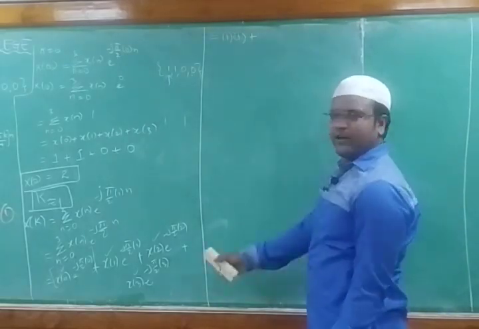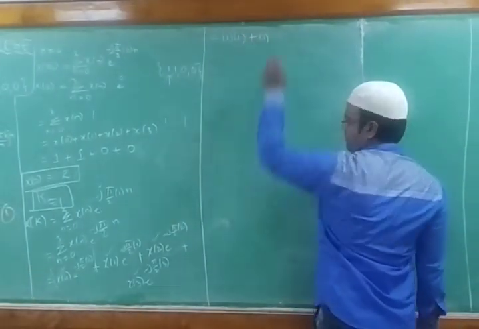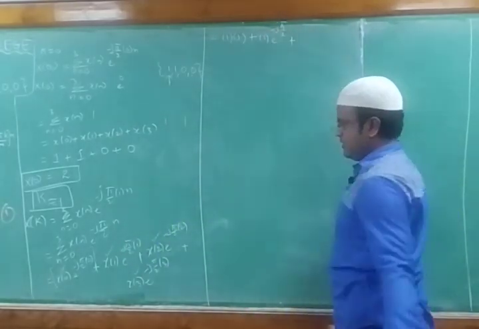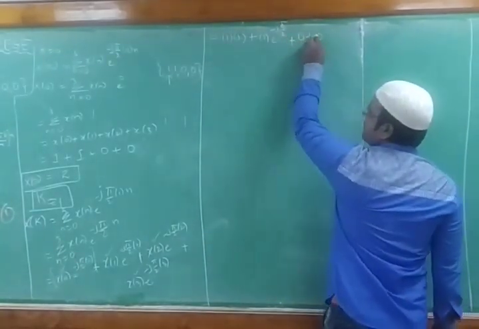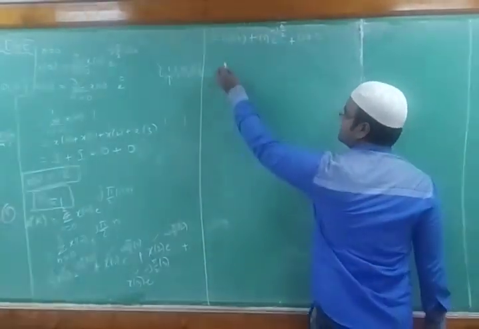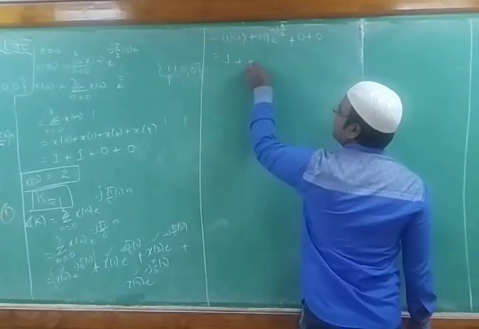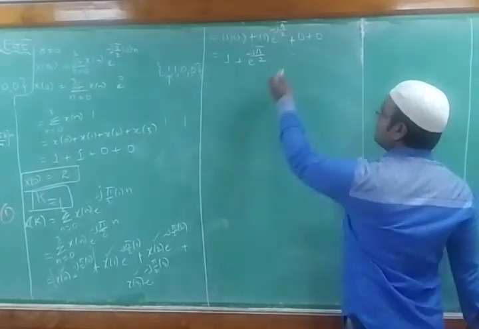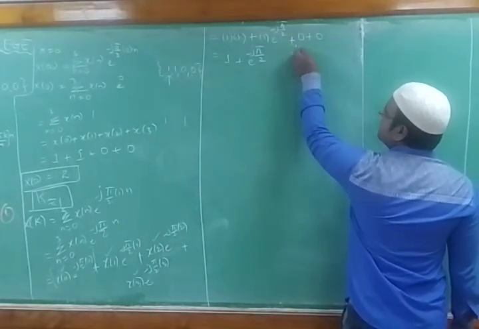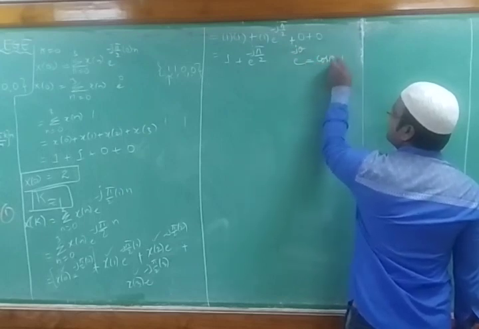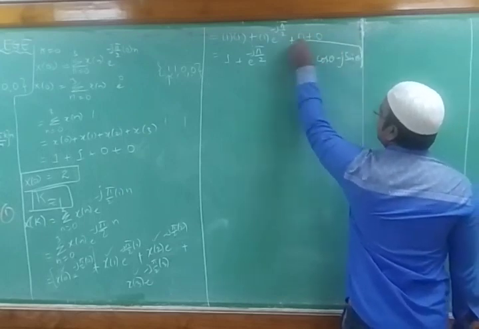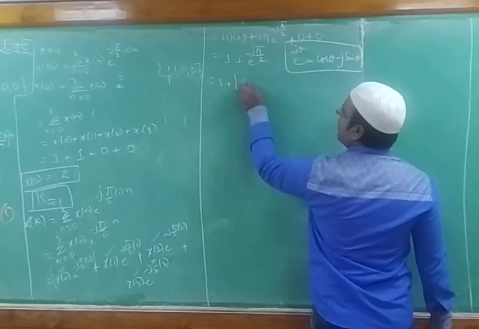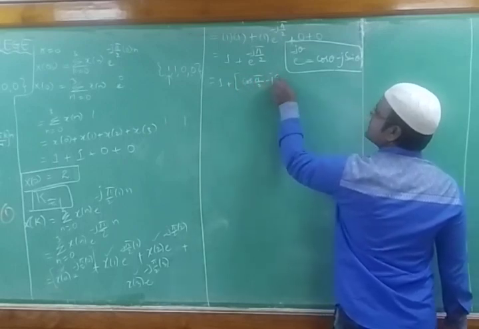Likewise, we do have the next factor, x of 1. What is x of 1? 1 into, this thing is what? E power minus j pi by 2. Plus x of 2 is 0, x of 3 is also 0. So we'll not find this thing, we'll write it as it is. What is 1 into 1? It would be 1. So e power minus j pi by 2. We write like this. So what is e power minus j theta we do have? It's cos theta minus j sin theta. So we can write like this. Okay, so what will I get for this? 1 plus cos pi by 2 minus j sin pi by 2.